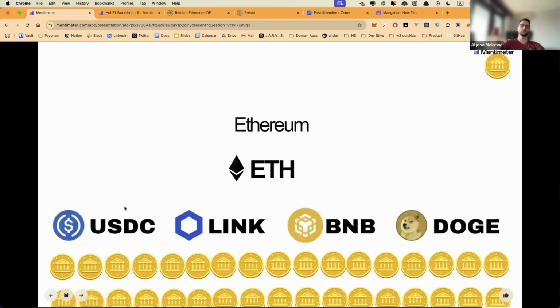Unlike Ethereum or Bitcoin, which are very volatile. But I just wanted you to know that there are tokens that have a consistent value. They're backed by something else, usually fiat money. There are other ways, but yeah.